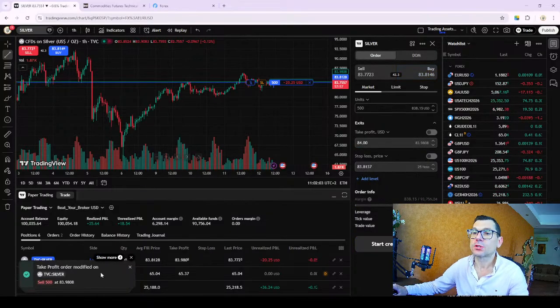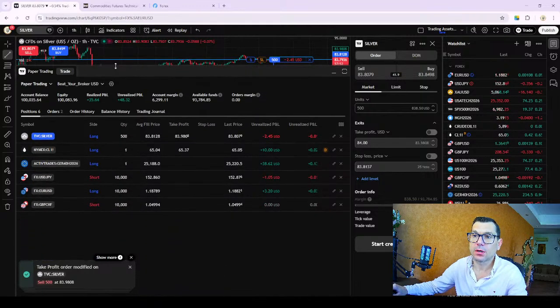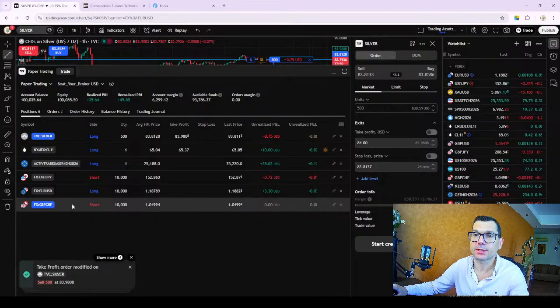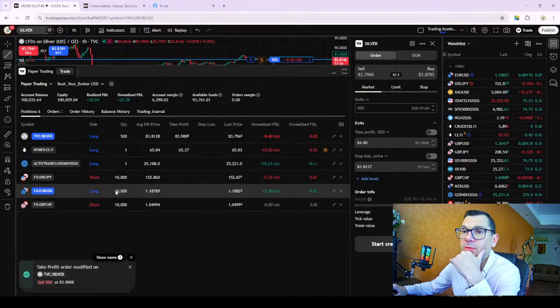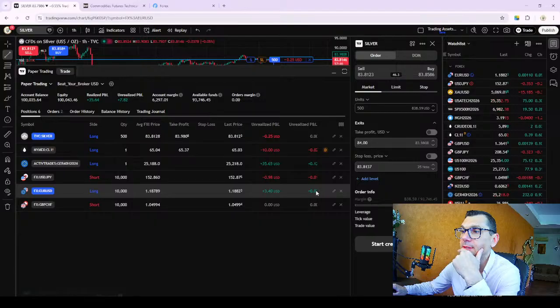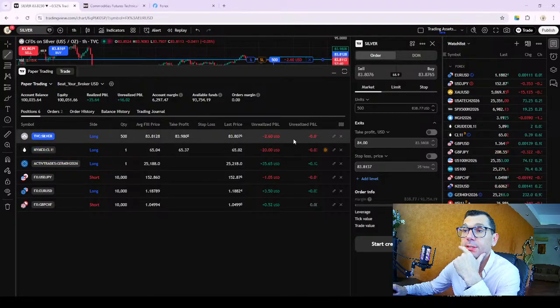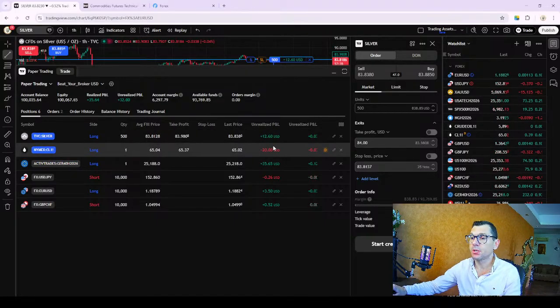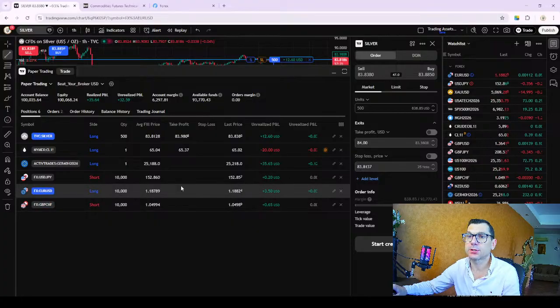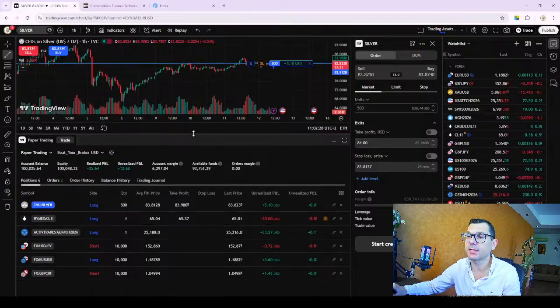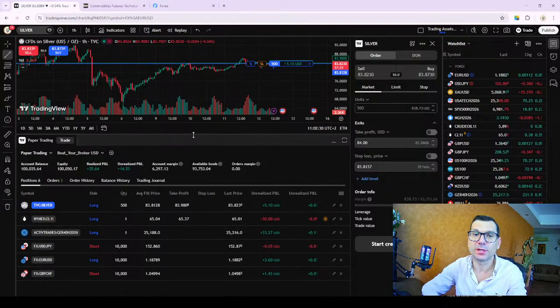Okay, wonderful. So now, as you can see, I have 6 trades open. Right, 6 trades, 3 trades on currencies. Some of them are already in profit. Okay, so they are going to deliver that 10% return on what I set on all of them. Right, so some of them are still in minus, but it's still okay. I just wanted to explain to you what we did today. So we observed the markets, and then we opened some trades based on the opportunities that are moving the markets today.